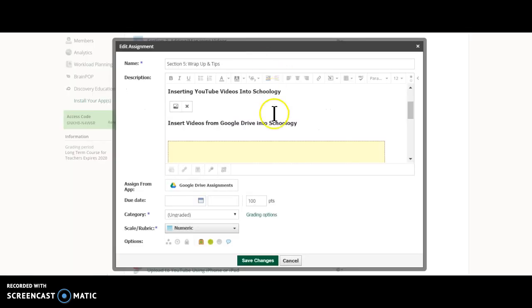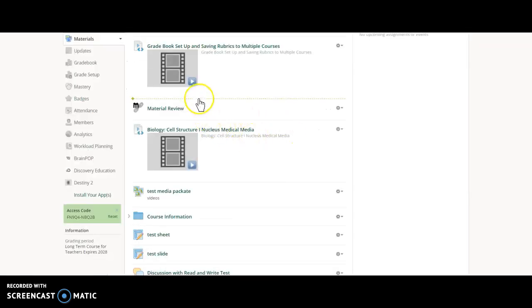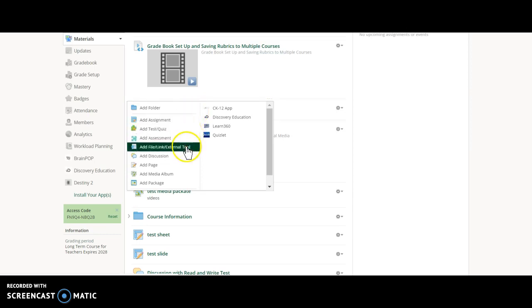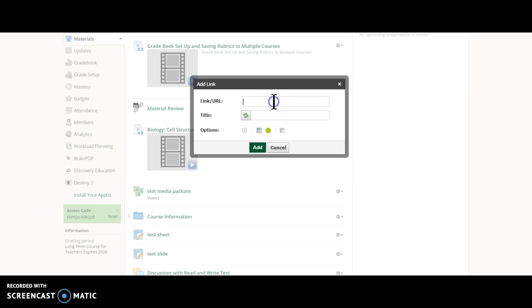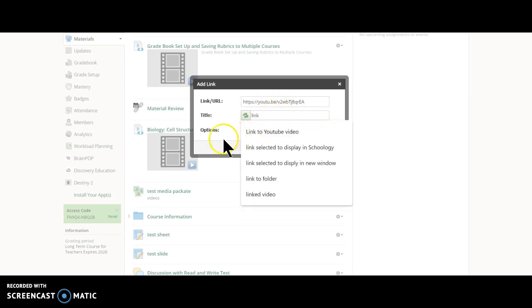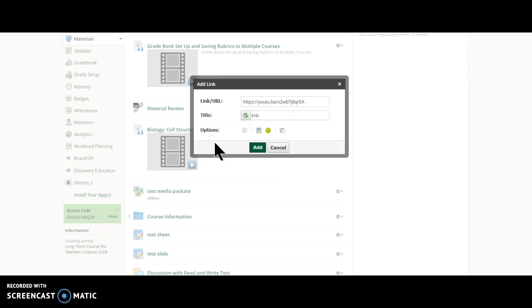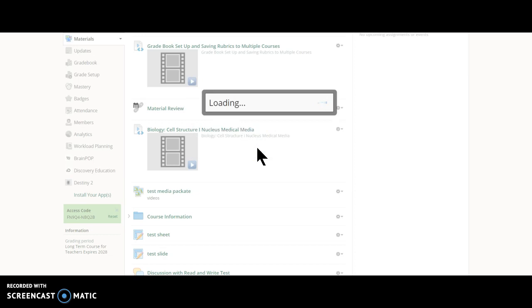And now in Schoology, I'm going to click to add a file, link, or external tool, and I'm going to click link and just paste the link, and I'll call this link. Now, anytime I'm adding a link in Schoology, whether it's for YouTube or to an outside website, always uncheck display in Schoology. If you don't, I'll show you what it does in a minute, but it makes an annoying extra step for the students. So if I click add,